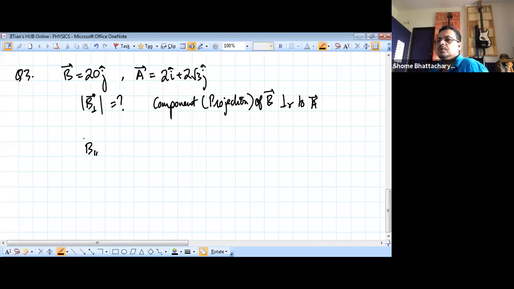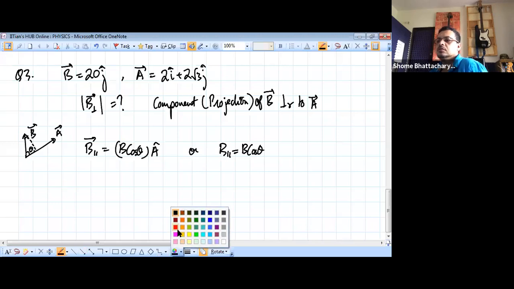the parallel component of B is equal to B cos theta into A cap, or its magnitude is just B cos theta. So if this is the vector B and this is the vector A and this angle is theta, then you drop this perpendicular. This component is the parallel component of B, and this one, the one at 90 degrees to this,